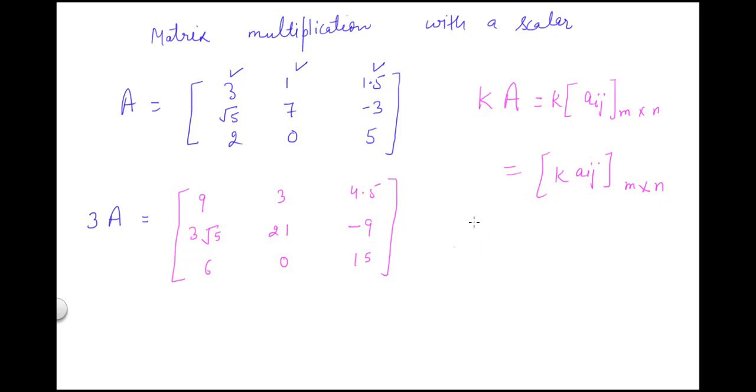One more thing to note here is negative of a matrix. How do we find the negative of a matrix? Suppose of A matrix I have to find the negative. It is represented by minus A. That means each and every element of the matrix will change its sign. If they are plus, they'll become negative. If they are negative, they'll become plus. That means we are multiplying each and every element of the matrix with minus 1. Clear?